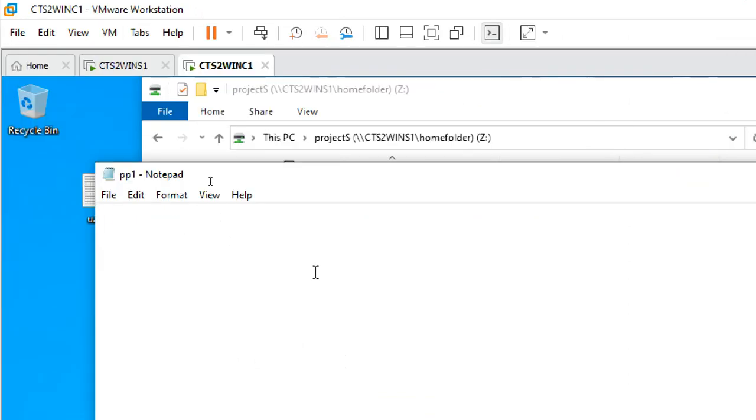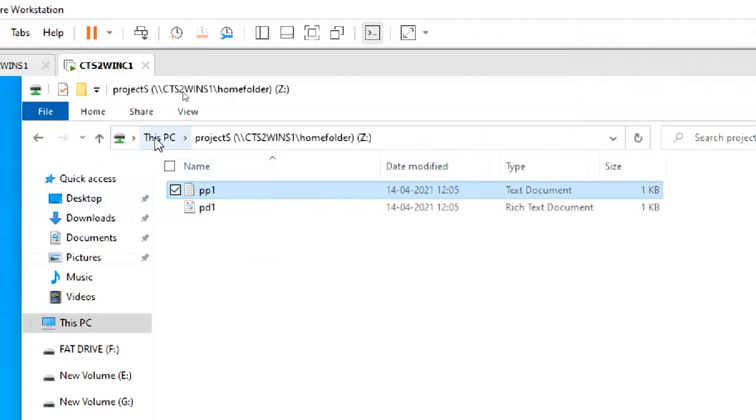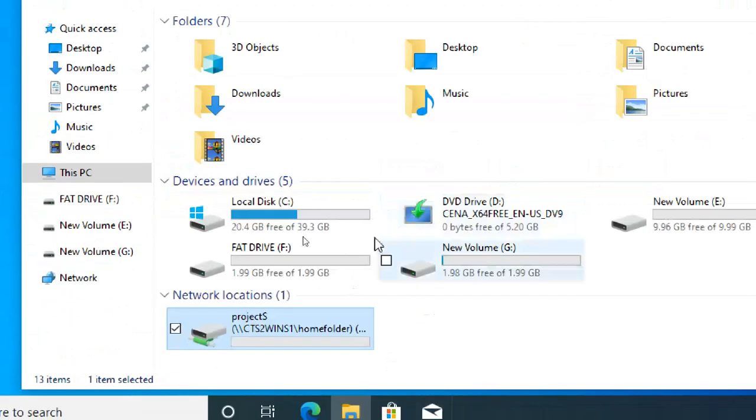I created this PP1 file by IT user 2. Just save this file. So this is a home folder.